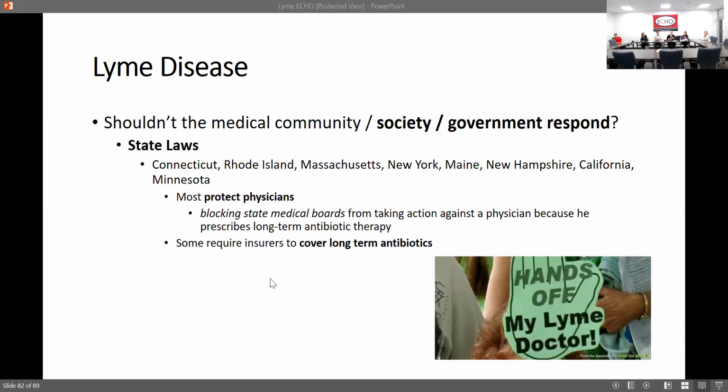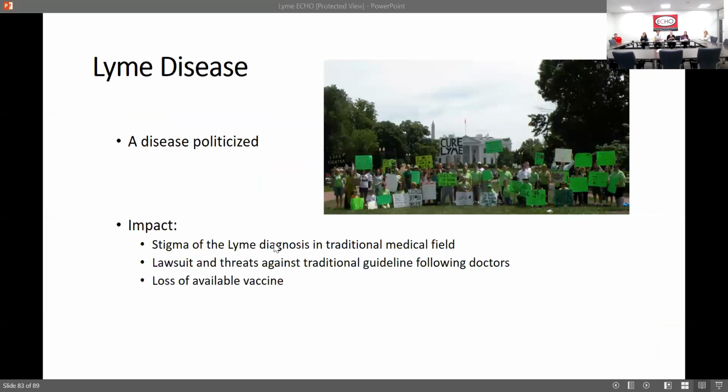But done right, education's powerful. And you spend an hour with your patient, a lot of times you get them to buy in, okay? It's a disease politicized and it's a disease stigmatized. I feel bad for the patients, I really do. But if we understand the basis of the microbiology, the limitations of our treatments, the expectations for improvement, and use precise language, we can go a lot further to eliminate this controversy and keep people out of the hands of